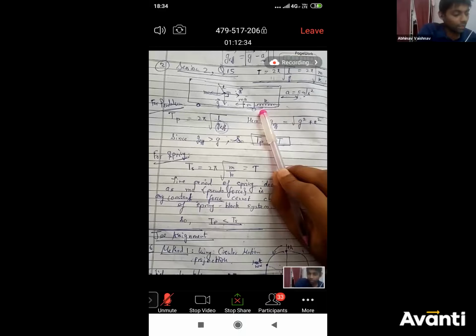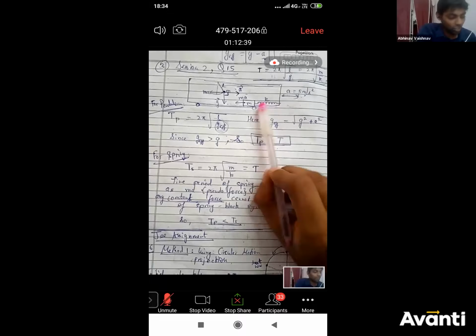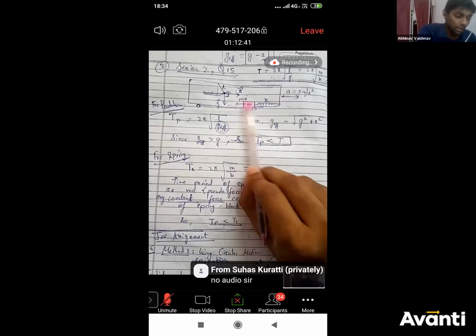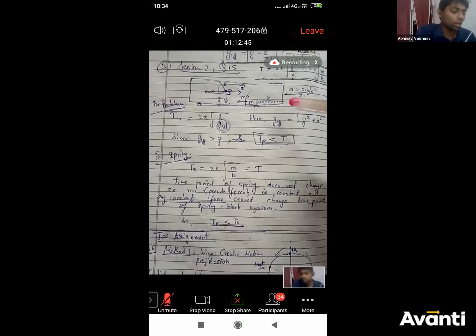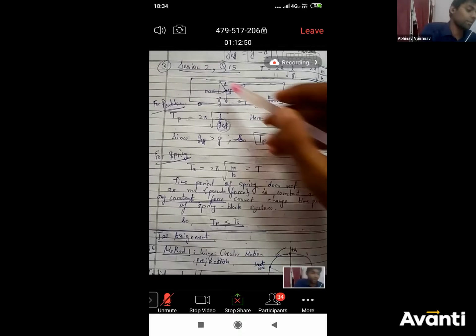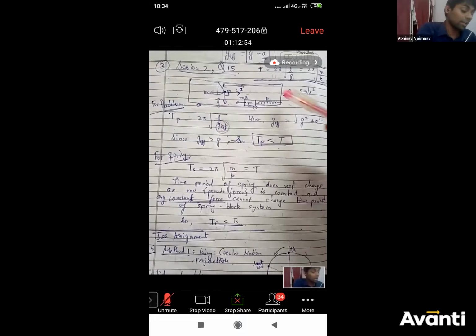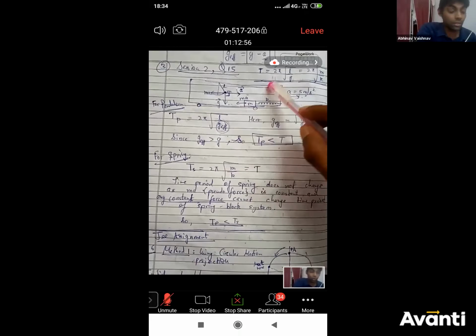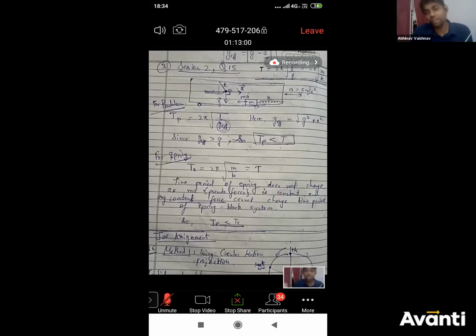Here the time period is completely determined by the spring force, because the motion is entirely horizontal and mg is in the vertical direction, so it does not play any role. So if you change g, the time period here will change because g plays a role there, and the time period here will not change because g does not play a role. Even if you change g effective, it does not make a difference. So that is the reason.